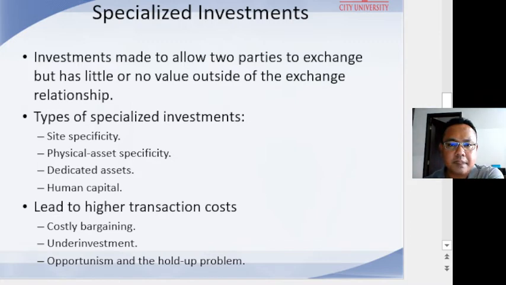And then another implication of specialized investment is underinvestment. You can see from here, when specialized investments are required to facilitate exchange, the level of specialized investment often is lower than the optimal level. To see this, suppose the specialized investment is human capital. To work for a particular firm, a worker must first invest his own time in learning how to perform some tasks. If the worker perceives that he may not work at the firm for a long time due to being laid off or accepting another job, he or she will not invest as heavily in learning the task